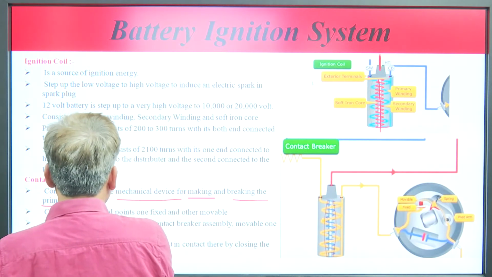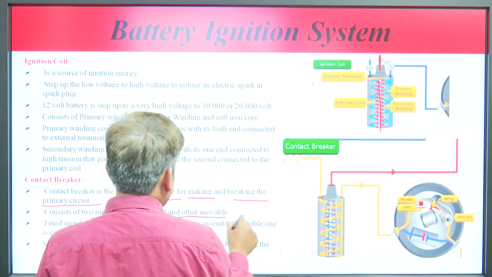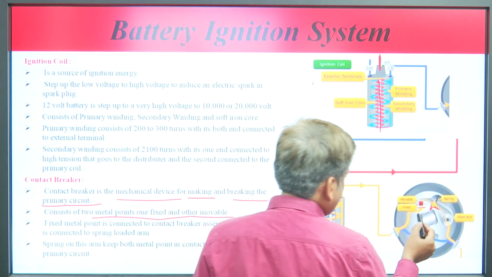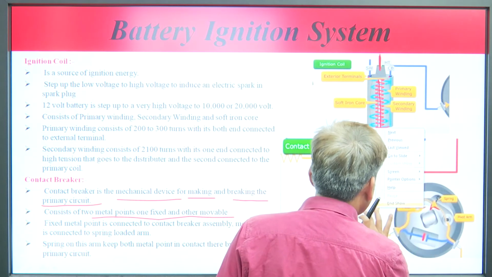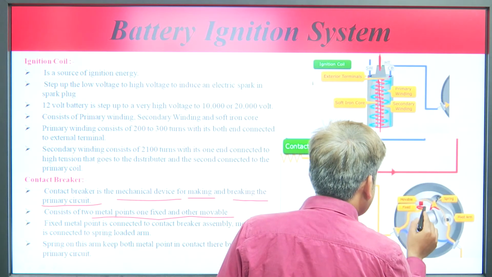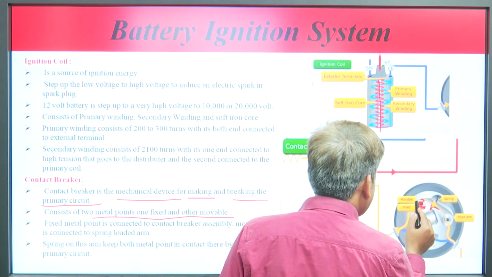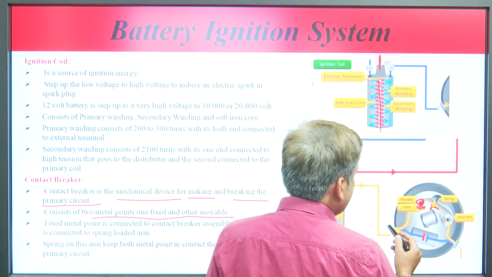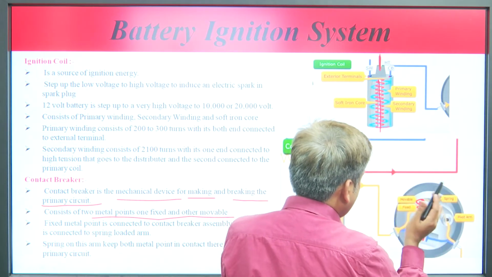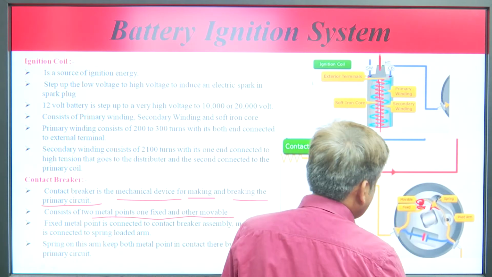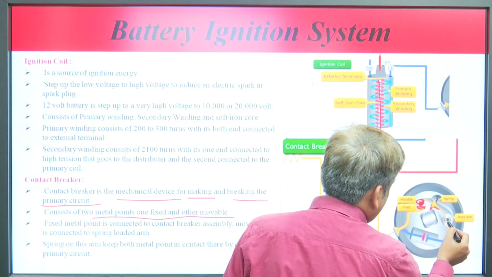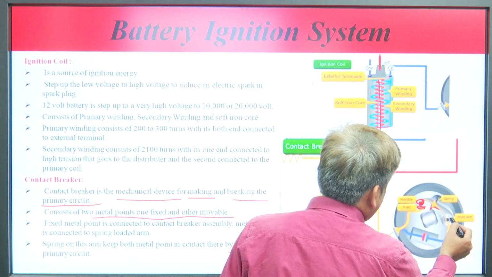It consists of two metal points, one fixed and the other movable. These are the two points. This part is fixed, and this is movable. Movable means it goes up and down, it can touch it and it can move away from it with the help of some pivotal arm operation,